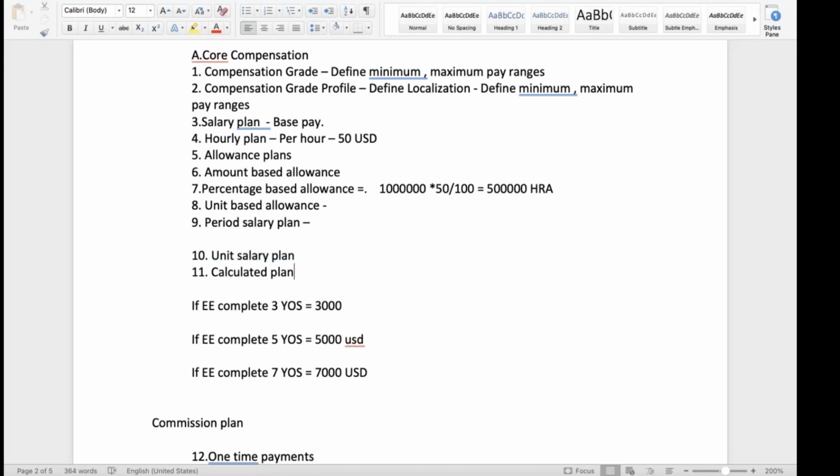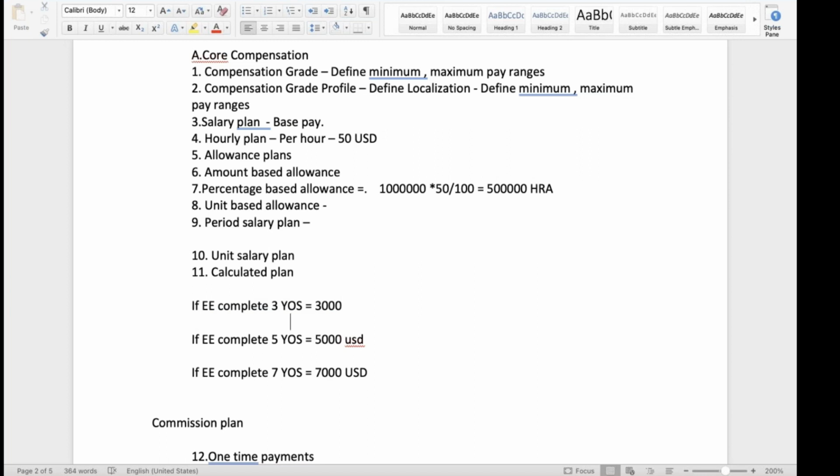Right. Calculated plan. This is also optional. We have not seen any customer ask for it, but sometimes in the US this plan might be required. In the US we have a plan called seniority allowance. Your company wants to pay some loyalty bonus to their employees. What does that mean? To retain the employees in the organization, let's assume if any employee completed 3 years of service, YOS stands for years of service,